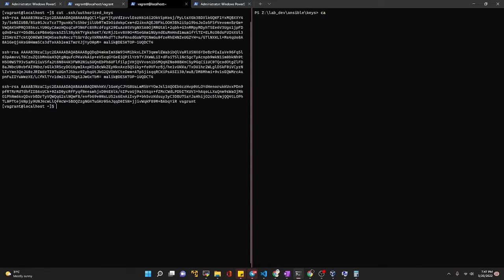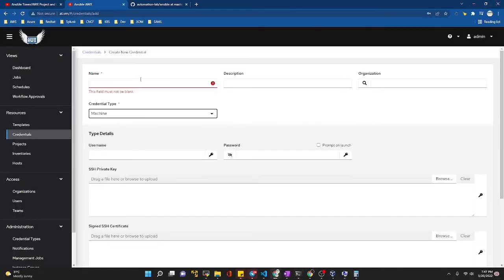If you want to verify again, you can just cat the SSH authorized keys. See, your public key is there, right? Now go back to the Tower. Let's continue